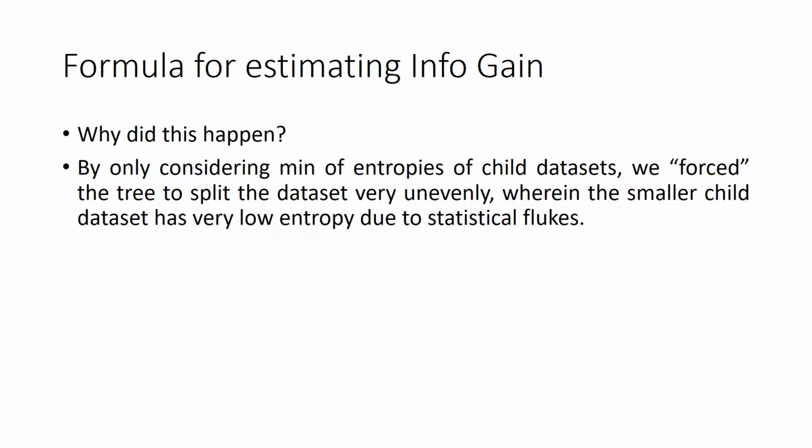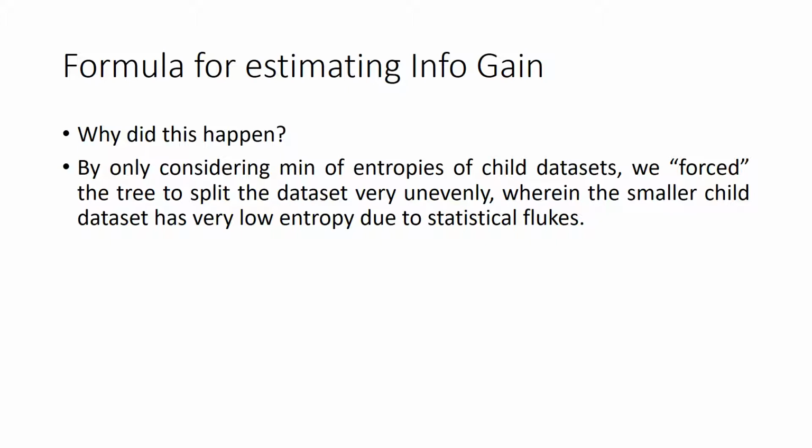Okay. So what happened is, by considering the min of the entropy, we only anchored on the min of the entropies. We never cared what the other entropies were. We didn't care what the max was. What we did was we forced the min of the entropy to be as low as possible. And what that essentially did is, it split the data set very unevenly, such that very small data sets